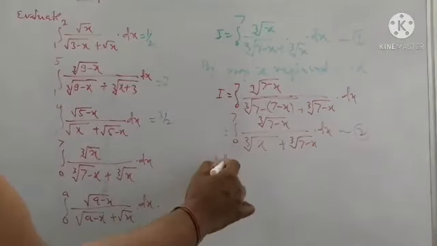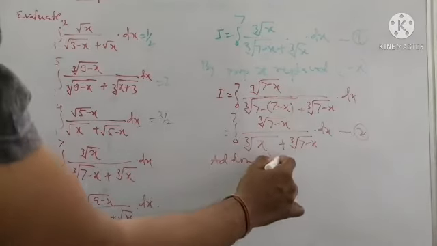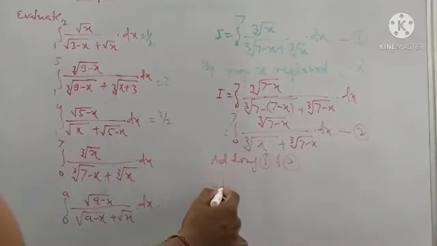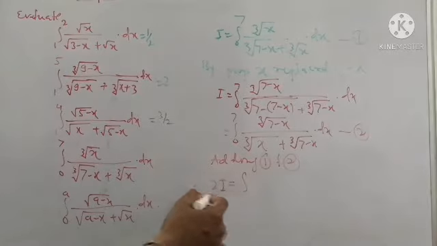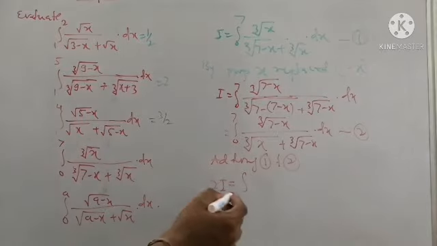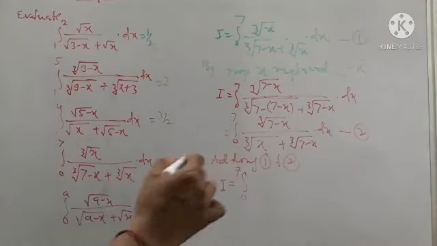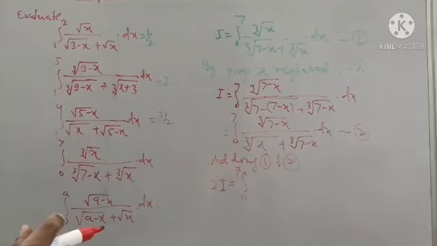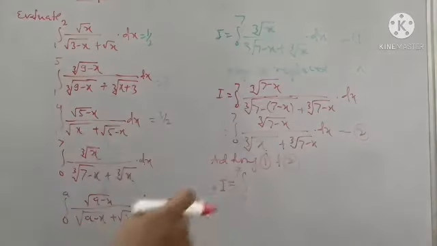Now by procedure we add equation 1 and 2. On the right hand side we always get 2i. On the left hand side we take the addition of integrals having the same limits. So we take the common limit from 0 to 7 and only add the fractions which have the